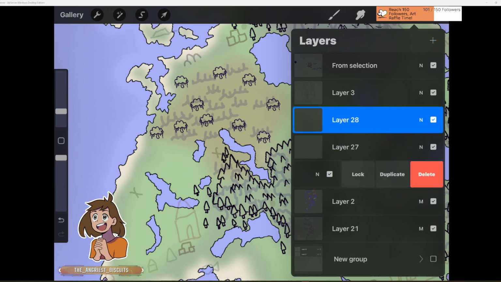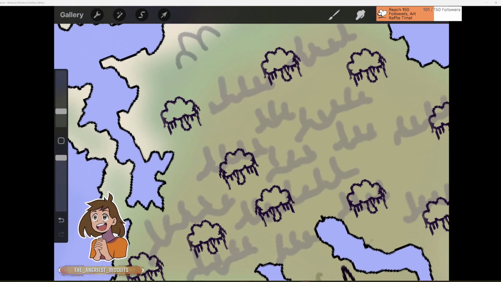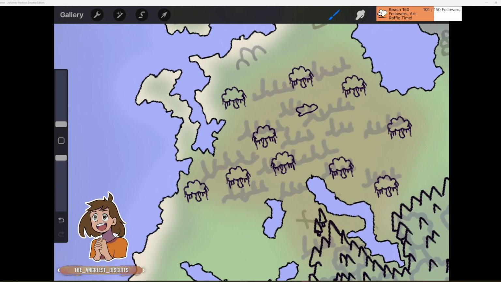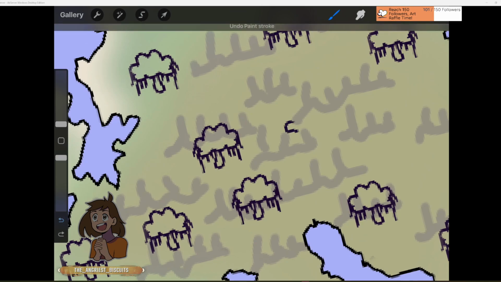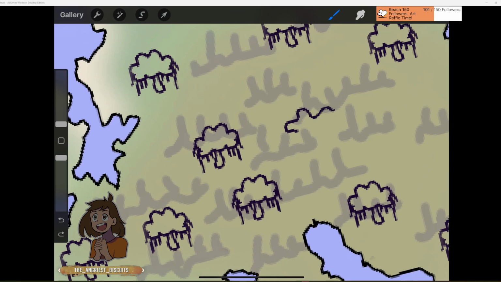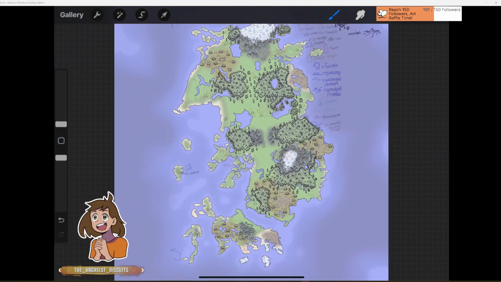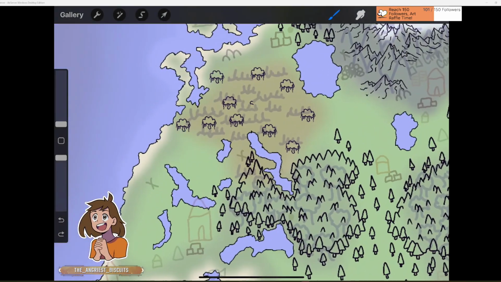And I'll make a separate layer to draw the cute little bushes. That was kind of a sad bush. Okay, this is not going the way I thought. No, that did not. Okay,